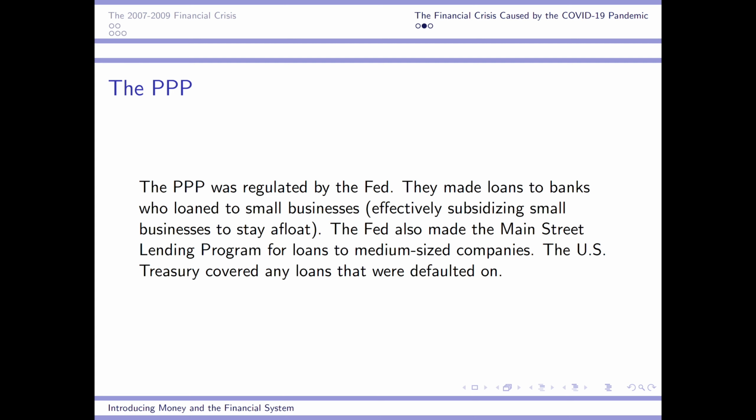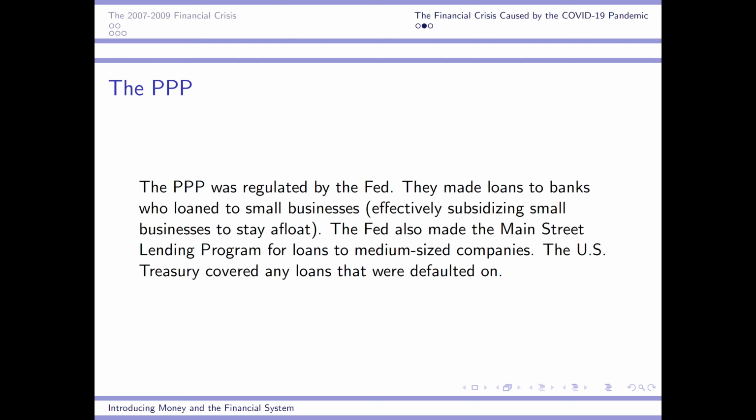And what the PPP did is it allowed for the Fed to give loans to commercial banks who loan to small businesses. So for example, if US Bank lent the Italian restaurant down the street from me $10,000 during the pandemic and it was shut down, the Fed would in turn lend US Bank $10,000. So the idea was just to get commercial banks excited to lend out money